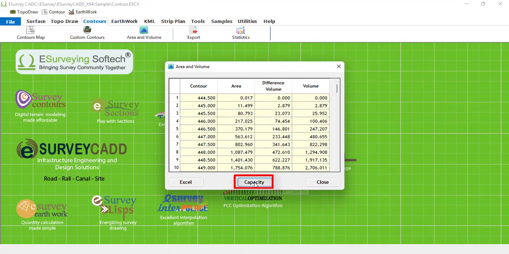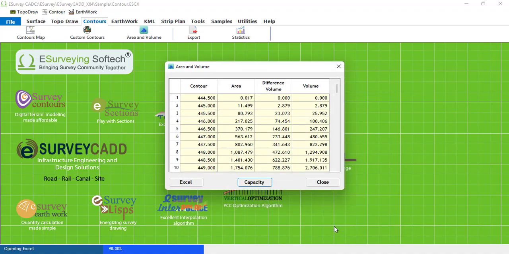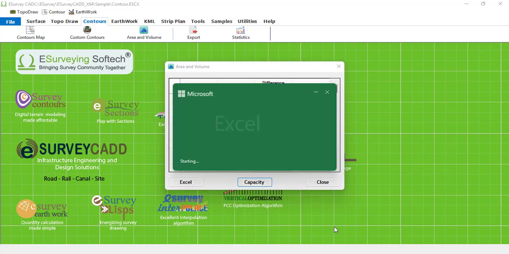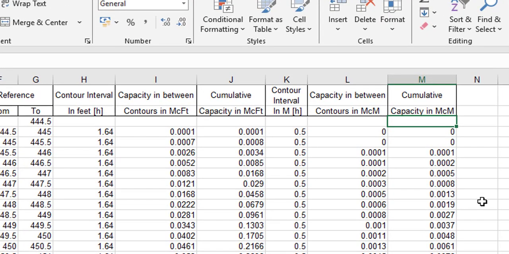Generating the capacity report. To generate a report based on the Prismoidal method, simply click the capacity button. The software will create a spreadsheet containing area calculations for each contour level, volume calculations using the Prismoidal method, and cumulative storage capacity values. The results are presented in million cubic feet, MCFT, and million cubic meters, MCM. These reports are particularly useful for reservoir capacity studies, water storage analysis, and planning projects involving